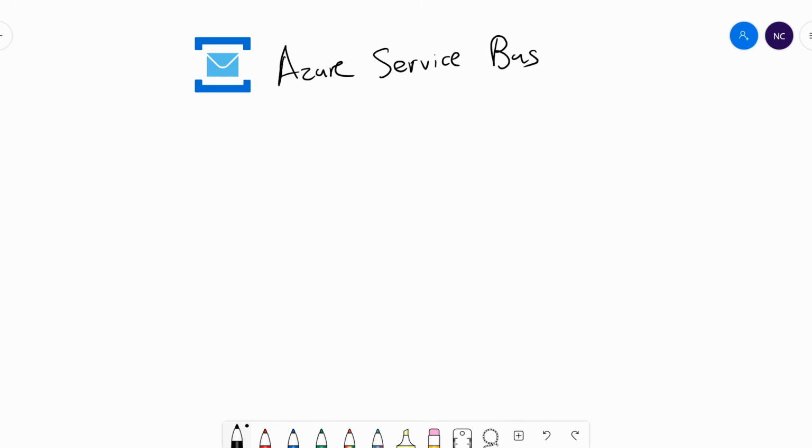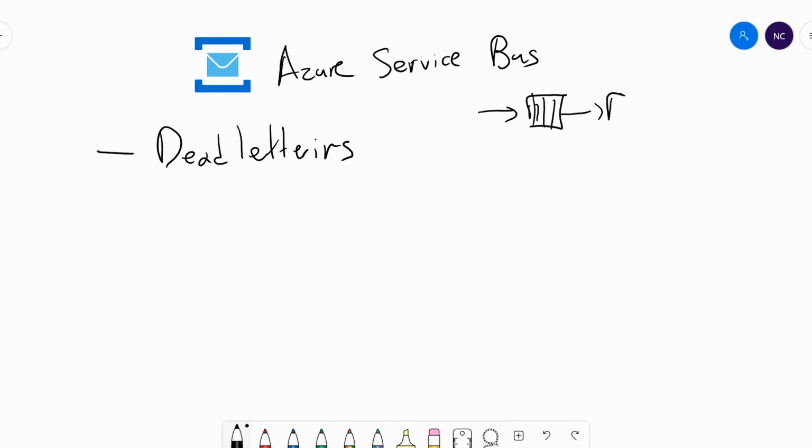So last but not least, I want to talk about the features and what actually makes an enterprise grade service bus possible. The first and foremost is dead lettering, and the idea of dead lettering is that if you publish something into the queue and the processor actually fails to proceed for one reason or another, it will go back into a separate queue here, and we call that the dead letter queue.